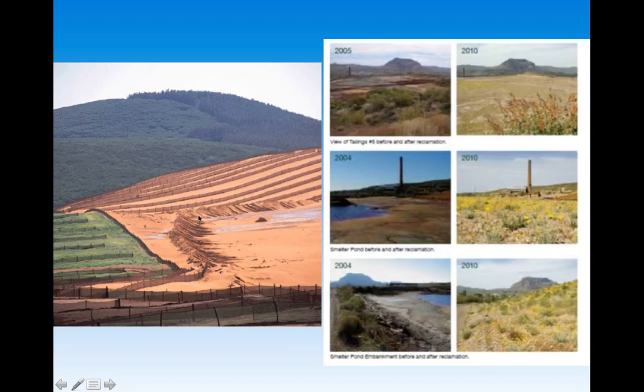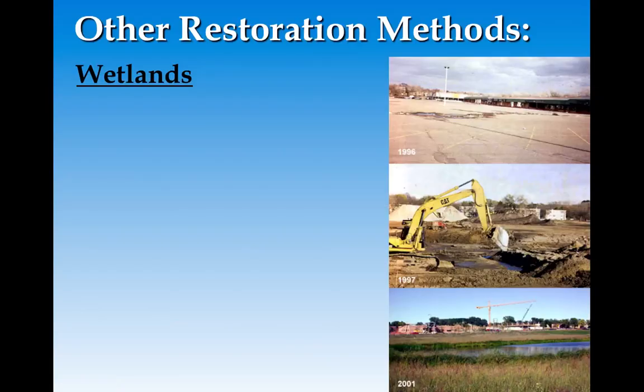They're doing the natural contours, and you can compare these different areas 5 years later, and then these are 6 years later. It definitely looks better. By no means are you going to get this nice forest back very soon, and the animals to come back. Again, succession is a natural process, and this speeds it up. There's certainly a lot of habitat destruction, but it's certainly better than nothing.